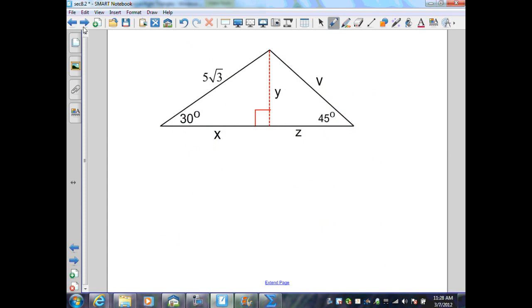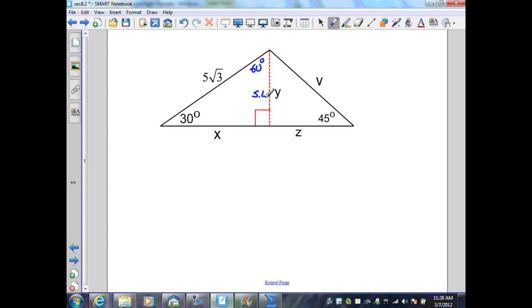In the next diagram, I have multiple triangles joined together. On the left side, I have a 30, 60, 90 triangle. And on the right side, I'm given a 45, 45, 90 isosceles right triangle. I need to find the values of x, y, z, and v. The only known side is in my 30, 60, 90 triangle, and that is my hypotenuse, which is 5 square roots of 3. I need to find the short leg, which is y,